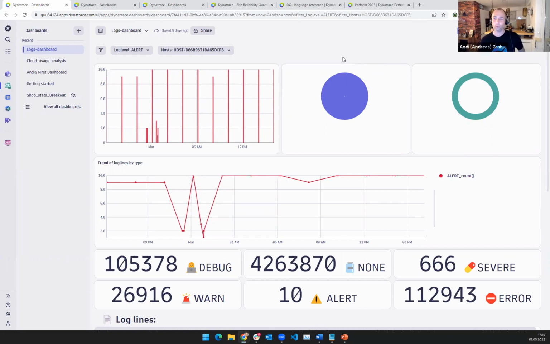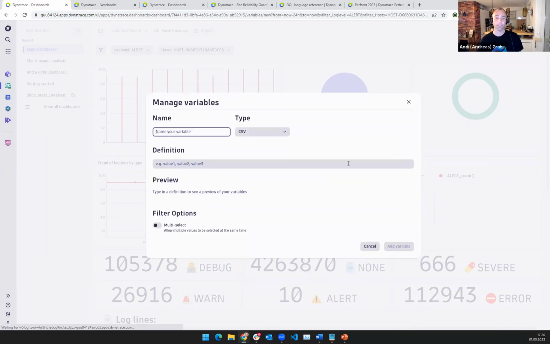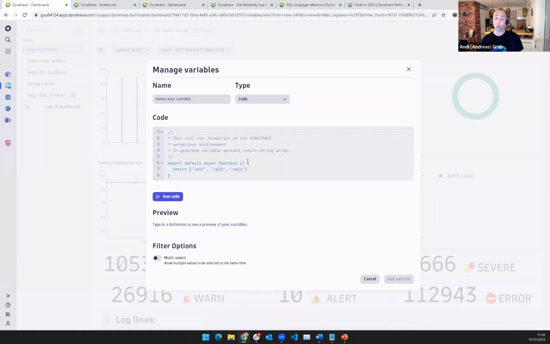What's also really cool on the dashboards that we have here is that you can also define variables. This was something that has been asked for a long time. That means you can build dashboards and create variables. Variables can be either a static list coming from a CSV, they can come from code, which means you can query the values for variables from code, or they can come from another query.